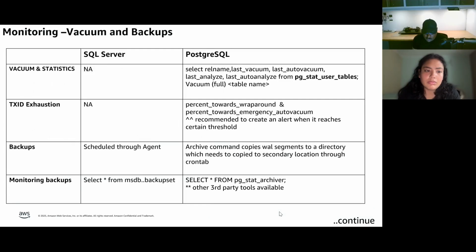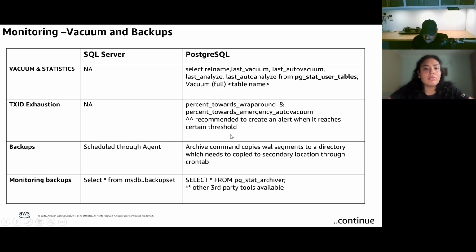Okay, and monitoring, just like in SQL Server, Postgres also provides several DMVs called pg_stat. Some of them are pg_stat_user_tables, pg_stat_archiver, and a few more. But here I just want to show you the most important one, which is pg_stat_user_tables. Because using this table, you can see when the statistics were last updated across all the tables in your database, and when vacuum last ran across all these tables. So this is a pretty handy tool that you must be aware of to see the health state of your tables across all the databases in your cluster.